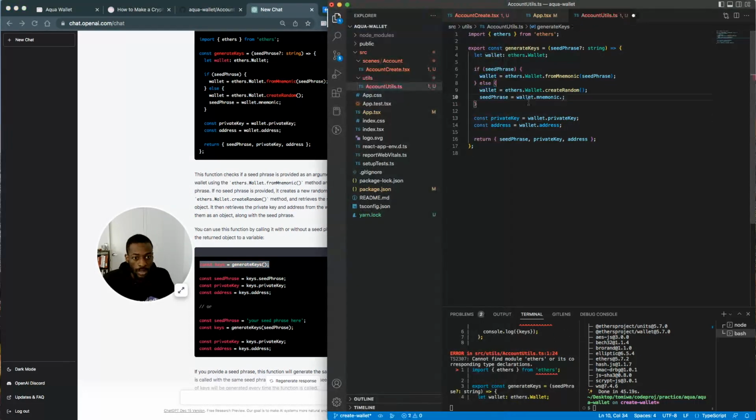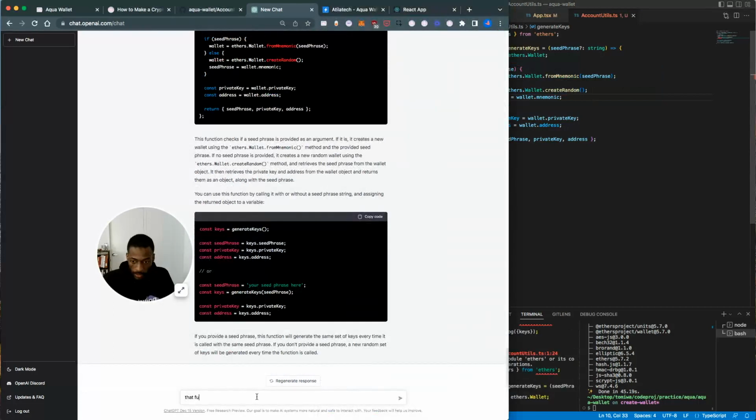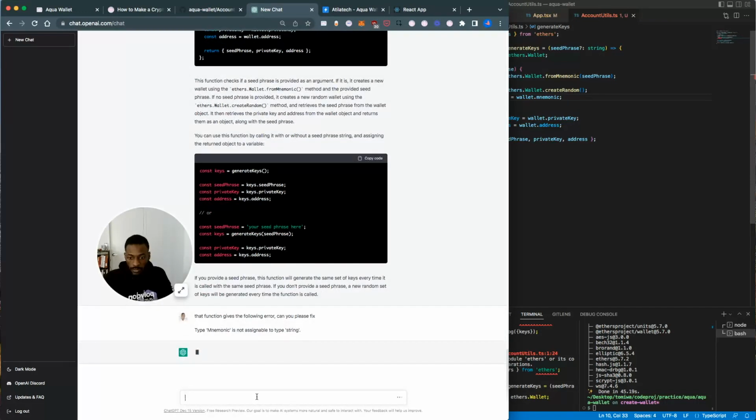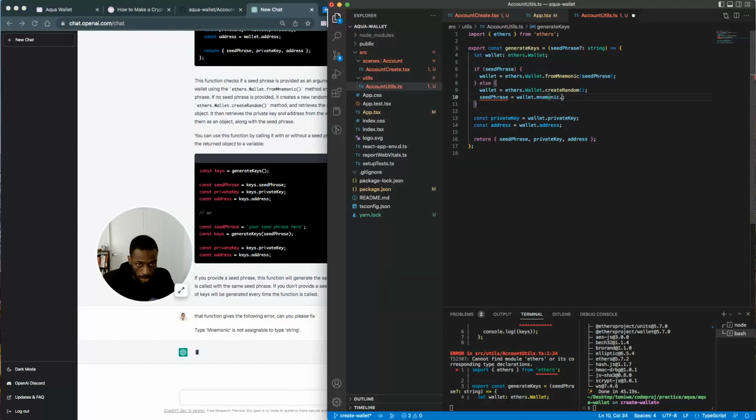What we can do is take this error and put it into ChatGPT. One of the ways to debug in ChatGPT is to take the error message it gives you and put it in. I realized this afterwards, but not while I was making this tutorial, that you can just copy paste the error message right into ChatGPT and it'll be able to figure it out. You don't have to give it a prefix like 'this function gives the following error.' I already know what the answer is, so I'm just going to go ahead and put that there. Account create,